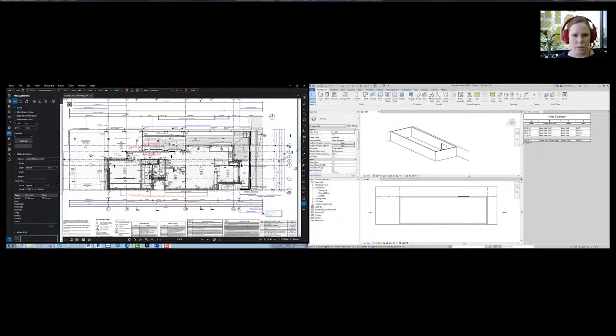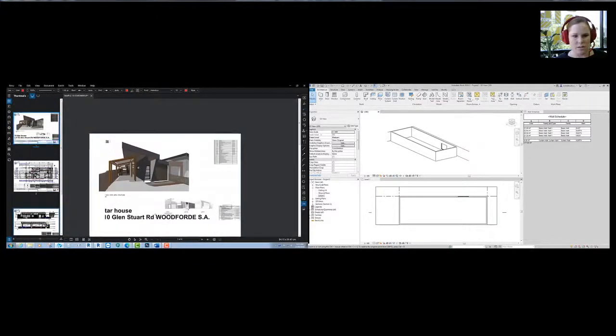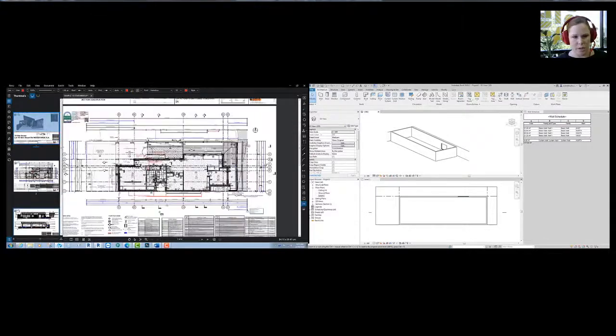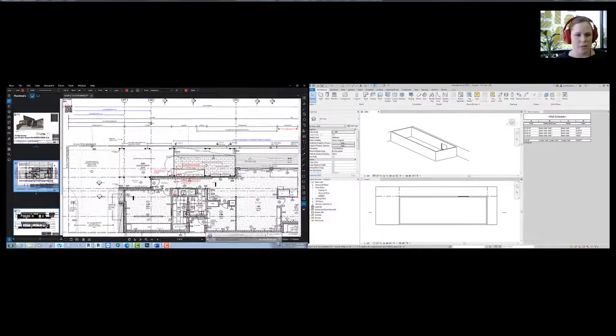So now I'm in Bluebeam currently, and I have just the plans and elevations, which might be all that you have in terms of pre-planning. These plans look pretty detailed because this is a development set, but in terms of just having something to measure off of and give you the example,